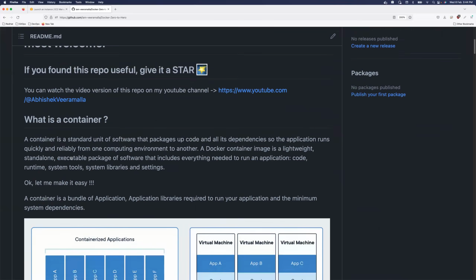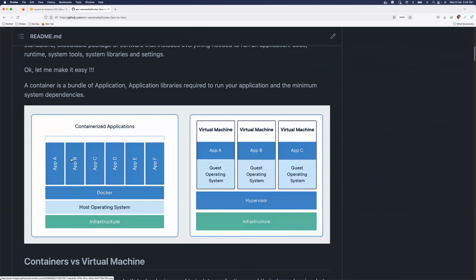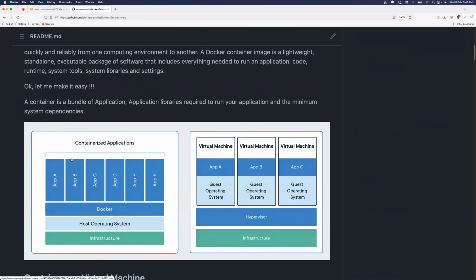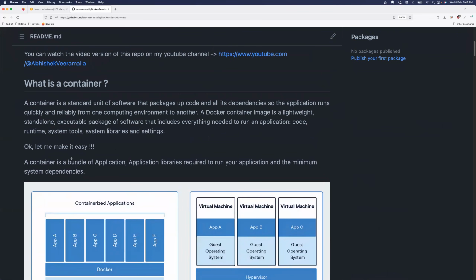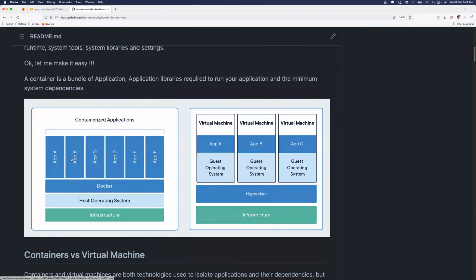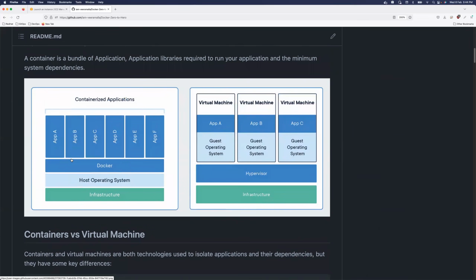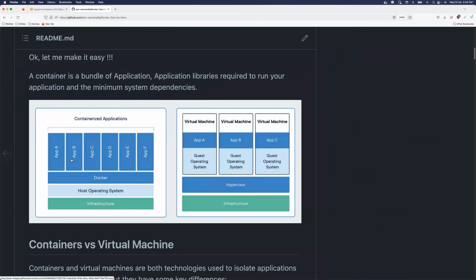Okay, so the first and very important thing, I also covered this in yesterday's video, but I want to deep dive today. Why are containers lightweight in nature? If you want to explain this in an interview, I have got a very good explanation in the GitHub repository itself. So you can follow this repository as is, you can learn from this repository, and you can explain the same thing to your interviewer as well.